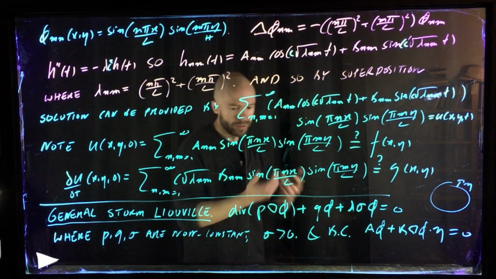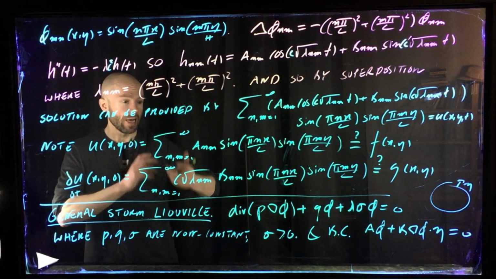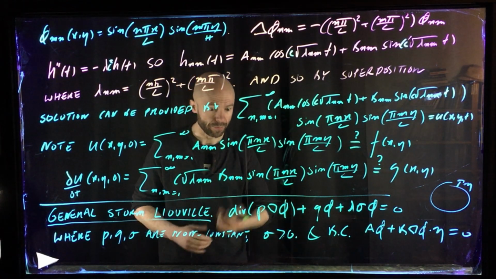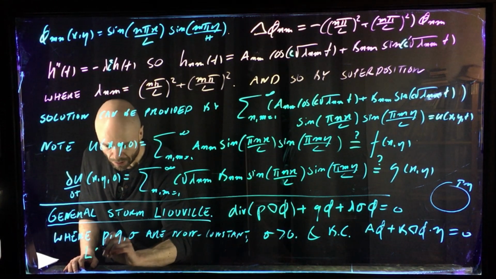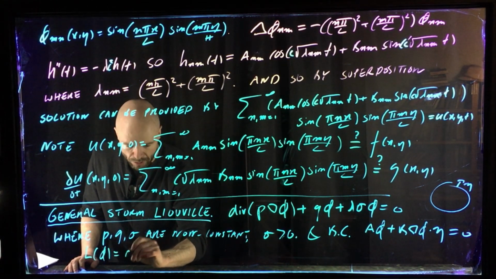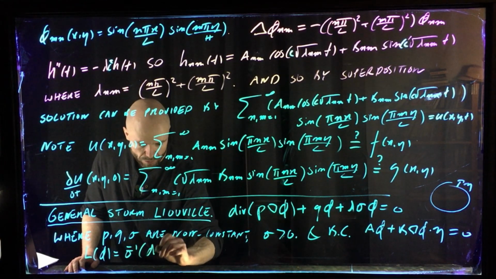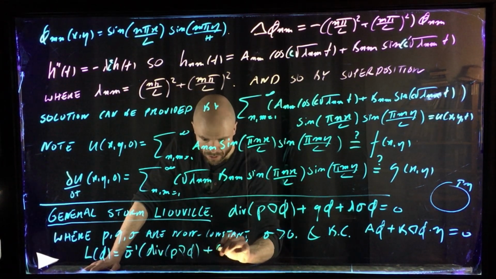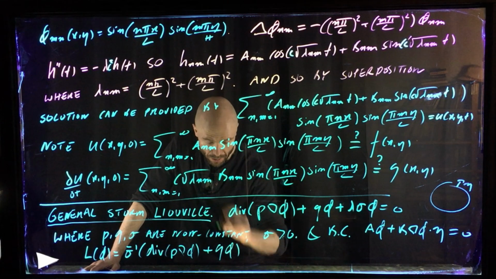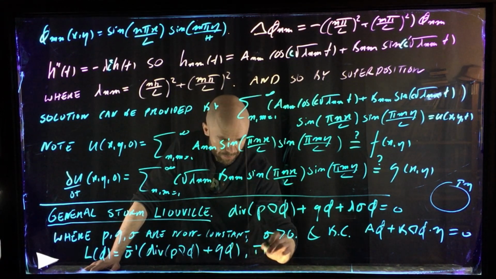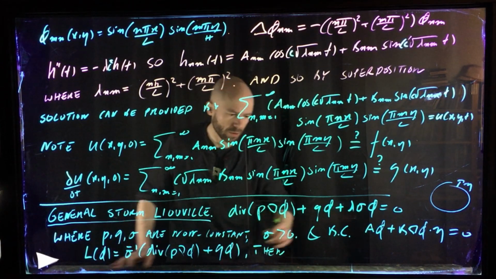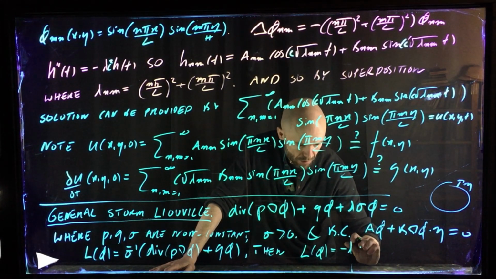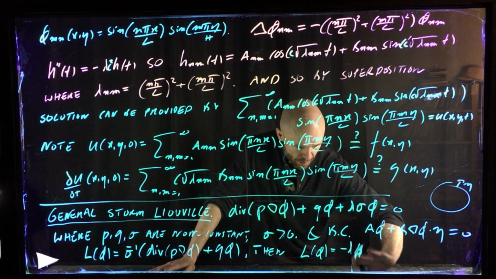Okay, so these are the general boundary values, and again, this is an eigenvalue, eigenvector, or eigenfunction problem in the following sense: if we define L of phi to equal sigma to the minus 1 of the divergence of P gradient phi plus U plus Q times phi, then we're looking for solutions to this problem right here, which is